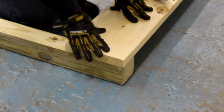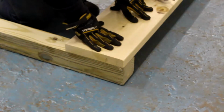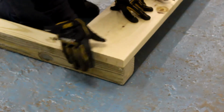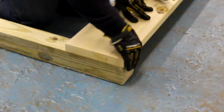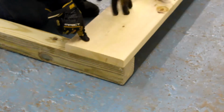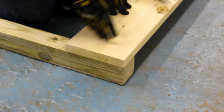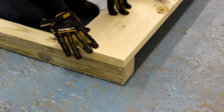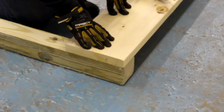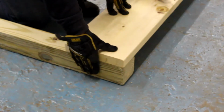And once you get these set up, what you're going to do is put your 2x10 by 8 on top of one of your 4x4s on each end. Make sure it's flush on the top, flush on the side, and then you're going to sink some screws into this side. So we're going to work on one side, do all 3 4x4s, and then we're going to take the other side, do the same thing on the 8-foot boards, and then we'll stand it up and add the 4-foot along